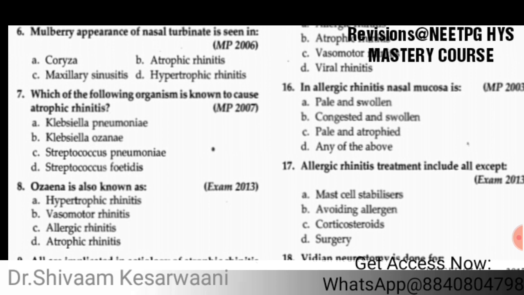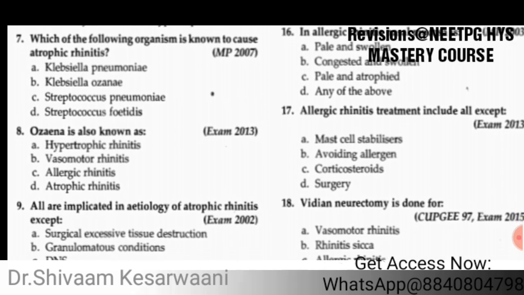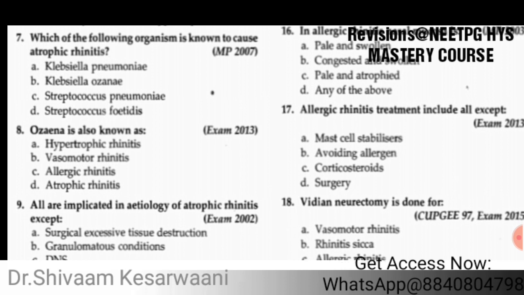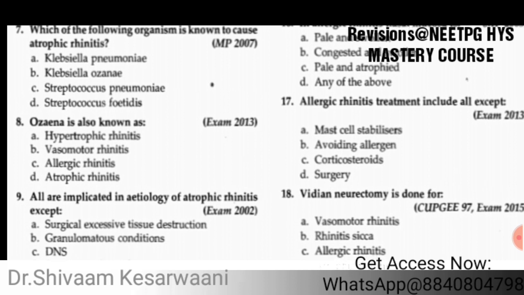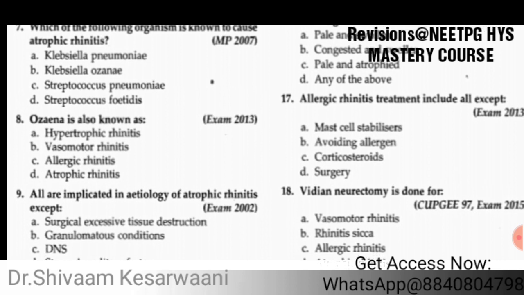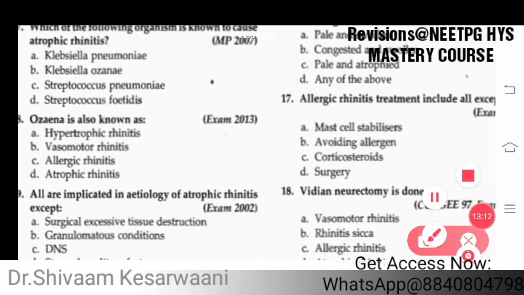Now, all are implicated in the etiology of atrophic rhinitis except. If you read the options: surgical excessive tissue destruction, yes, it is one of the causes. Granulomatous condition, already discussed. DNS, no. Strong hereditary factor, yes. So DNS is not implicated in the etiology of atrophic rhinitis, and what happens in DNS is you see physiological hypertrophy of turbinates opposite to